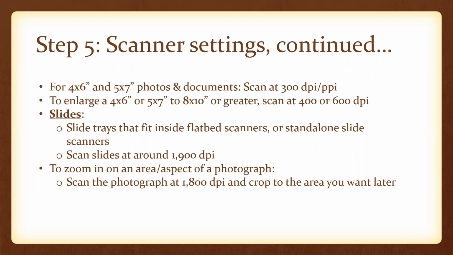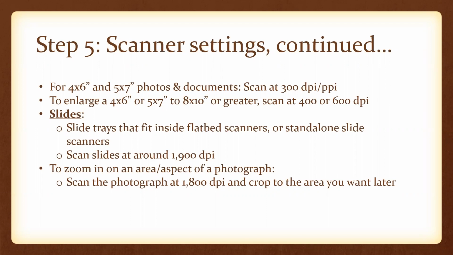And then for slides. For scanning more than a few slides, there are slide trays that fit into flatbed scanners and also standalone slide scanners. For scanning the slides, we recommend scanning them at around 1900 DPI, simply because slides are much smaller than regular photographs. And if you have a very small photograph, we recommend scanning that also at 1800 to 1900 DPI. And if you have an area of your photo that you want to zoom in on, so let's say you have a class picture, but you really only need to zoom in on one person's face and you want to capture that face, scan the whole photograph at 1800 DPI